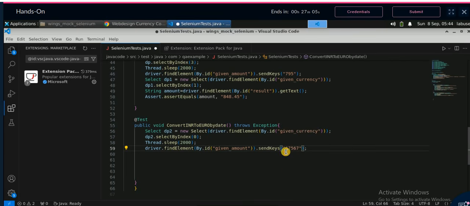Just make sure it will be double quotes. Don't copy the line. It should be inside the double quotes, because if I copy this one, you can see here it shows like a double quote, but this is not a double quote. So directly write double quotes and give the amount. Now what we have to do? If we give 67567,